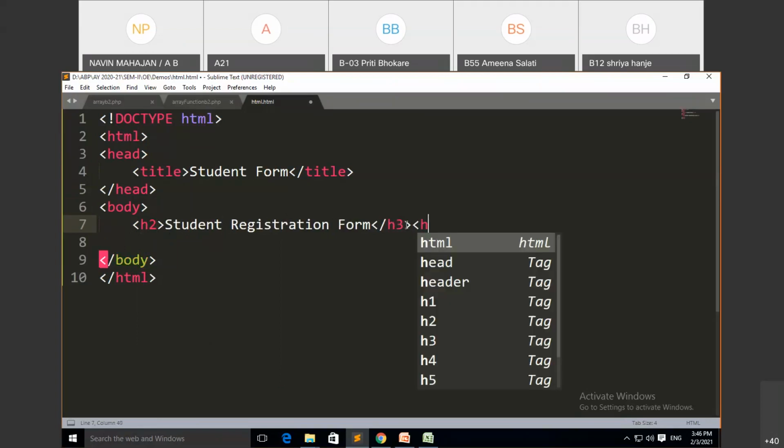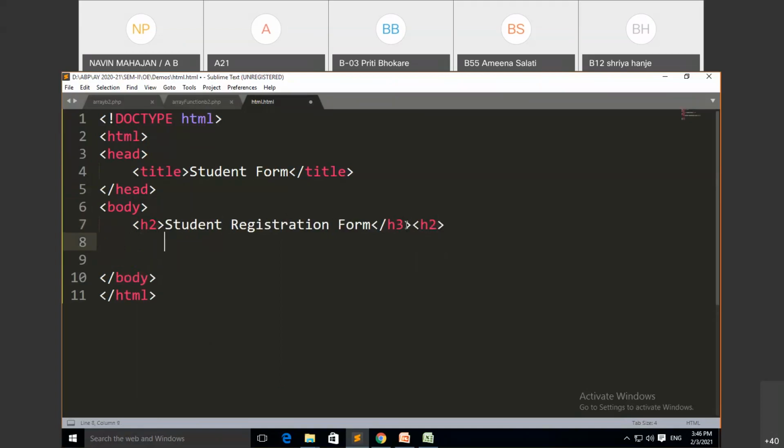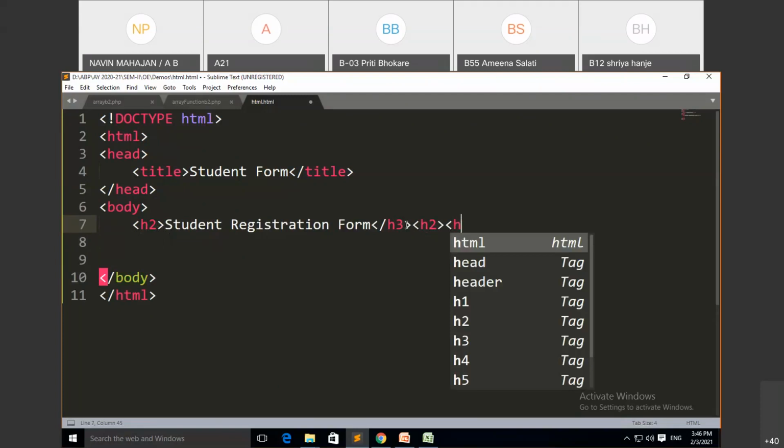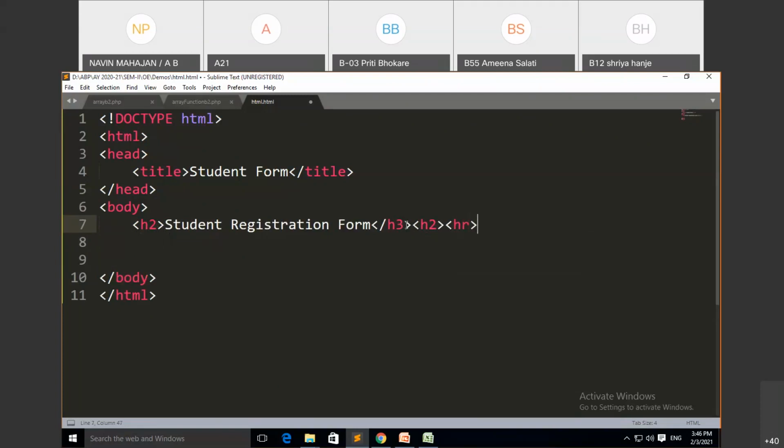Okay, we have created here the h1 heading for this one, which is the student registration form. Then after that we will add the form tag. Within this form tag we will first display the first name. And after that we will add the